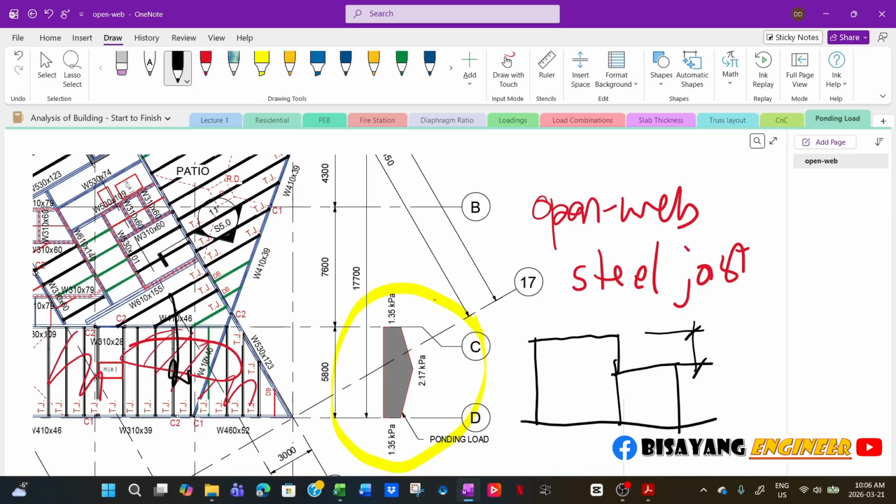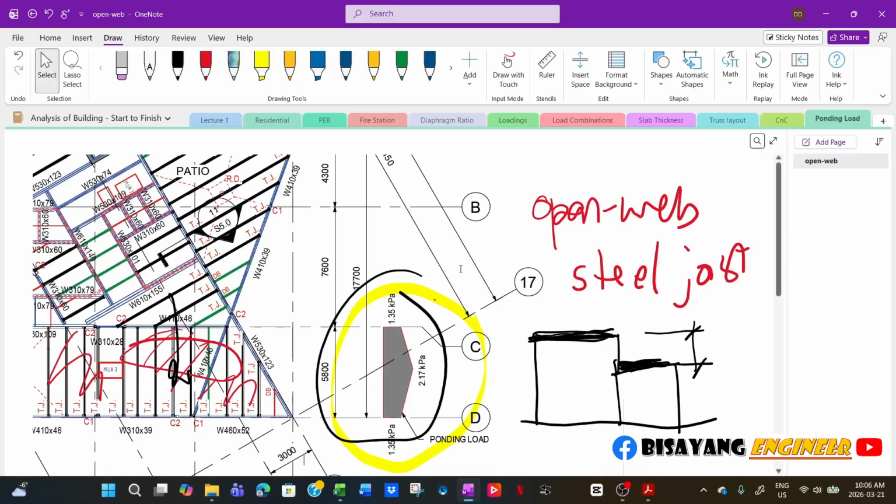So all the water discharged from that roof will be carried by the lower roof. In this instance, that's why the ponding load on the lower roof is quite high, 2.17